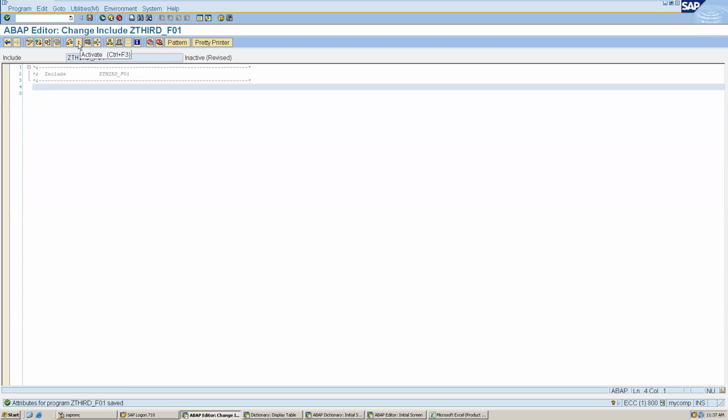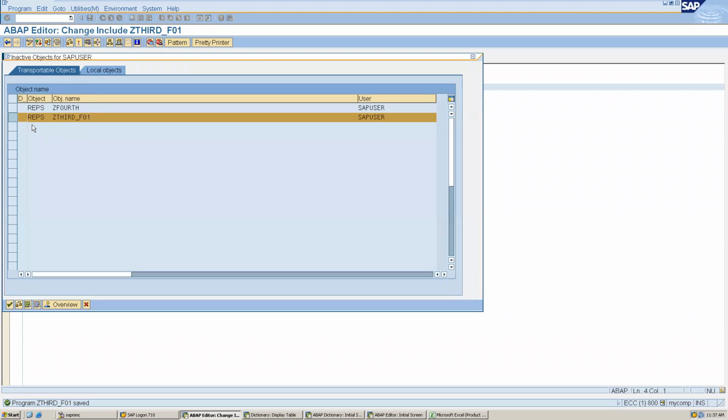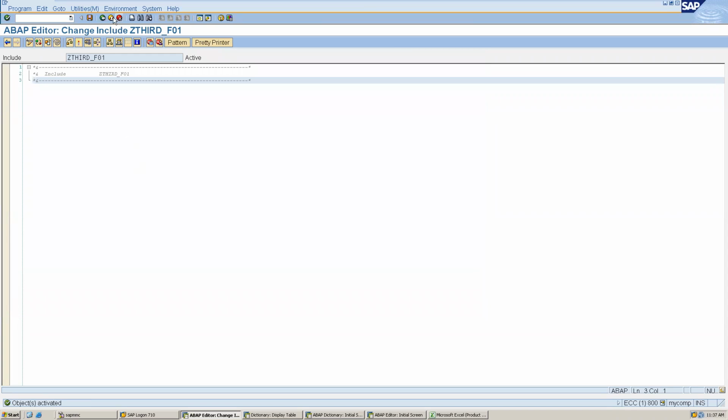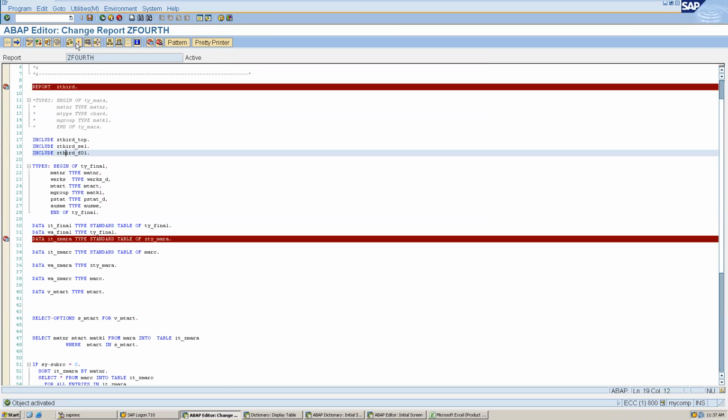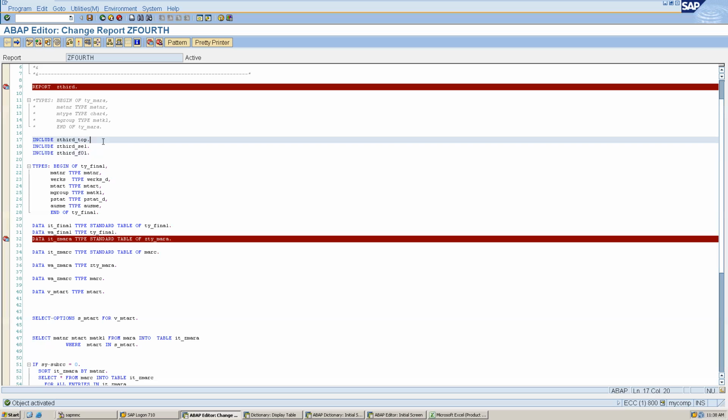For example, if I have to activate this, so this is what you are asking, right? It is REPS for report program, this object. Both of these are my report programs. I have selected both, and I can also activate a single one. If I select this, it will activate this program. When I come back here, this is inactive again, so I have to activate it. So it is activated. Either I can activate both together or I can activate one by one.